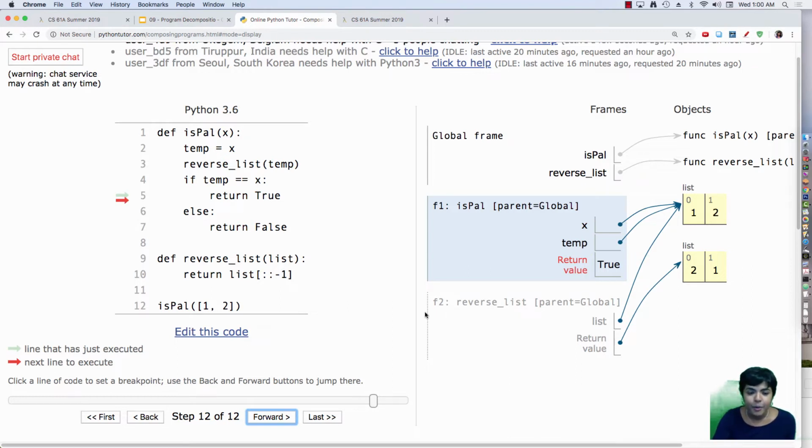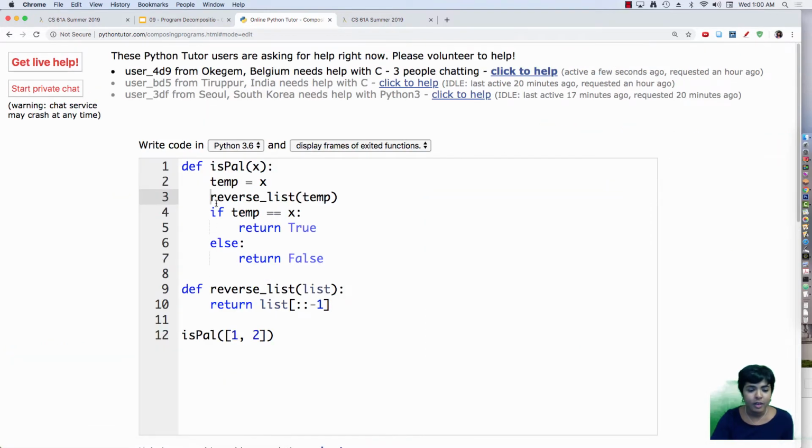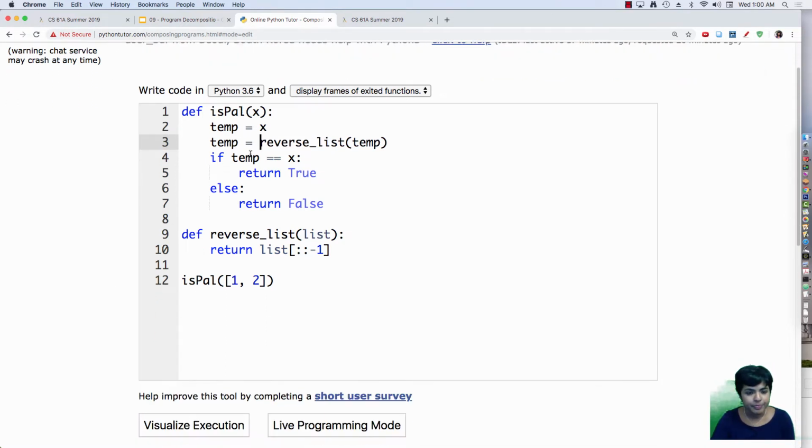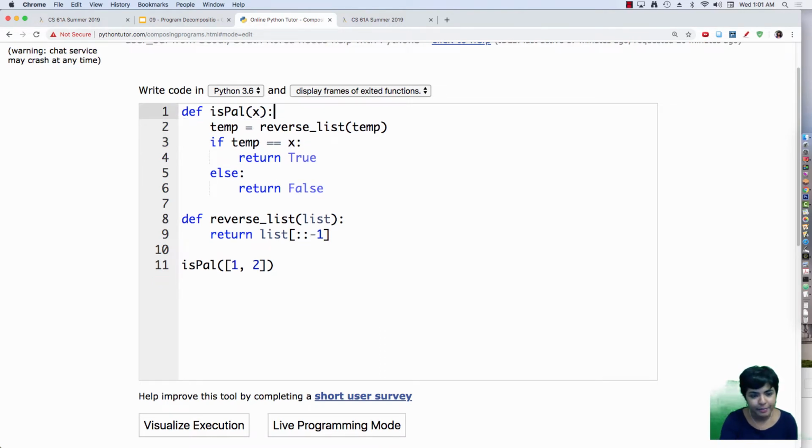Great. So I'm just going to talk about one way you could fix this code, right? So the issue here is that reverse list is successfully returning the list reversed, but we never actually assign anything to the return value of reverse list. So instead what we can do is assign temp to the return value of reverse list, instead of assigning temp to x,